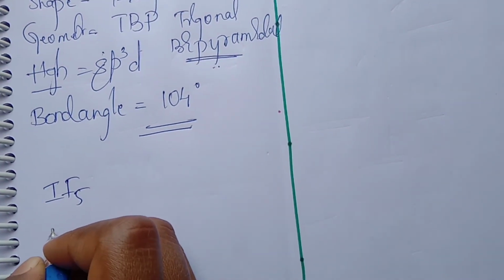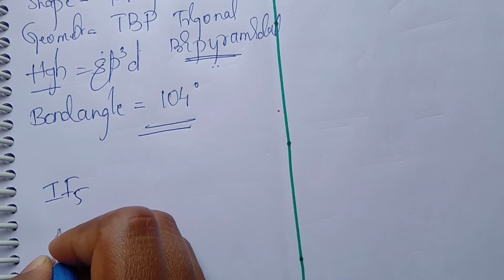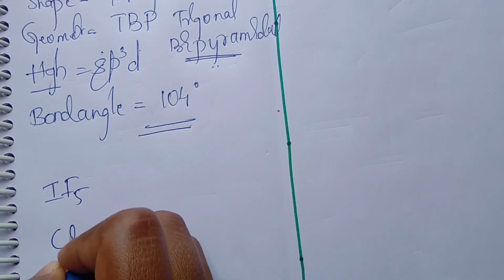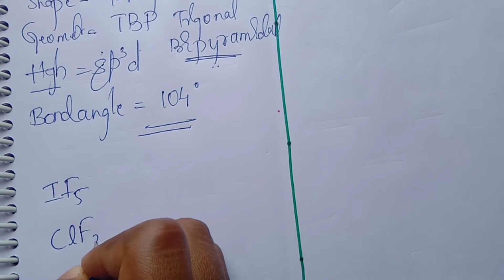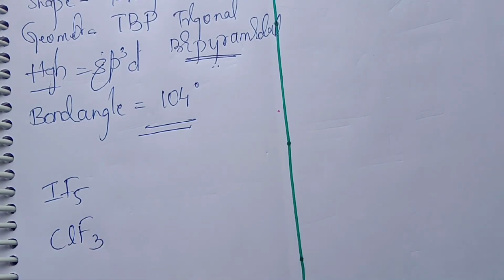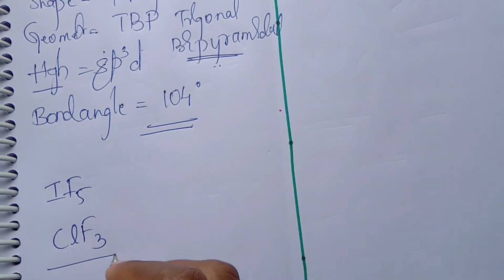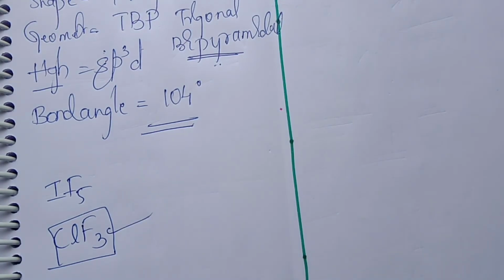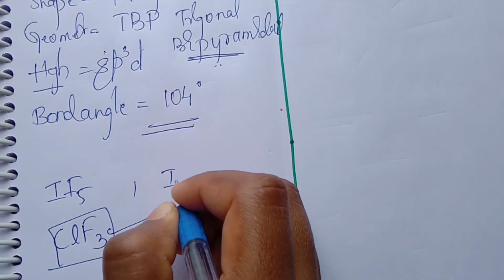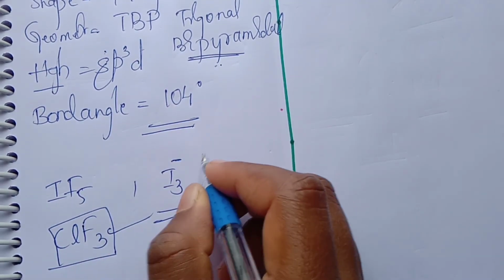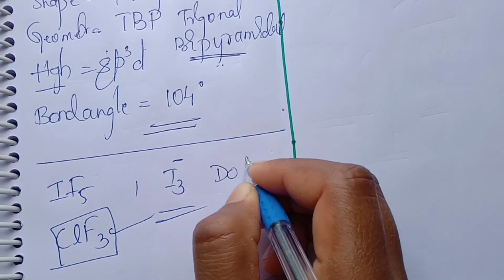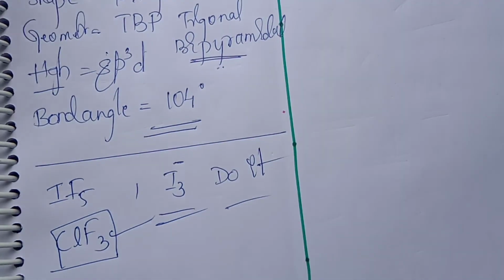IF3, oh, ClF3 is repeated, right? Yes, I already did it. I3 minus. Okay, solve it yourself, please do it yourself. Then